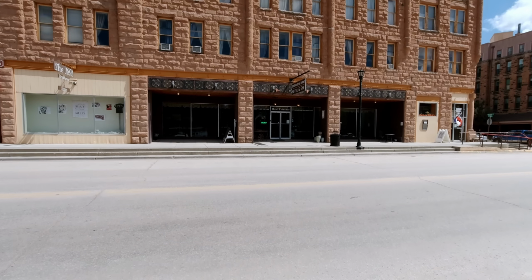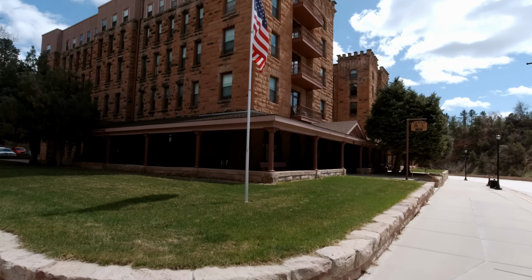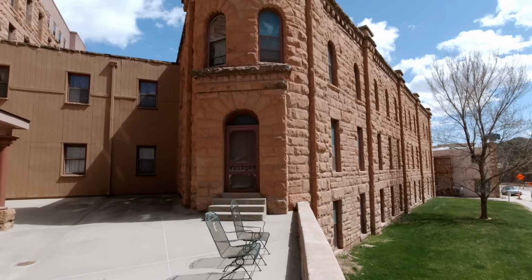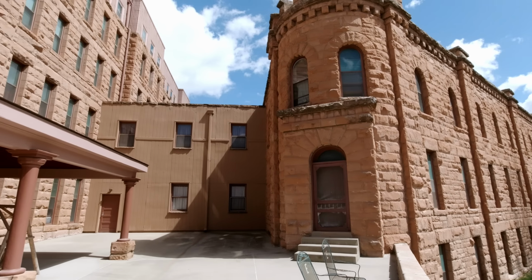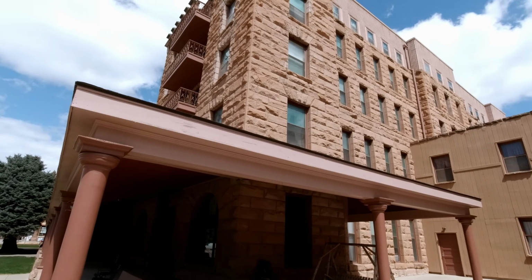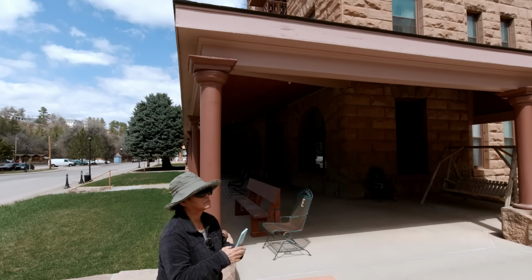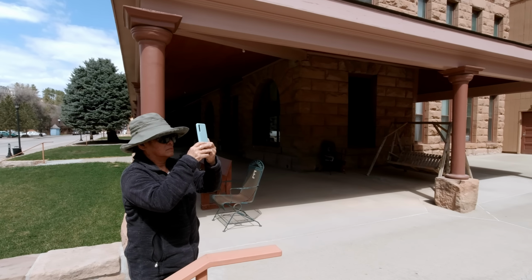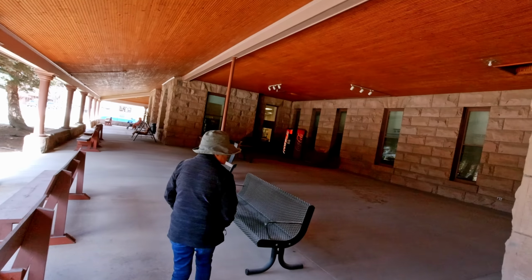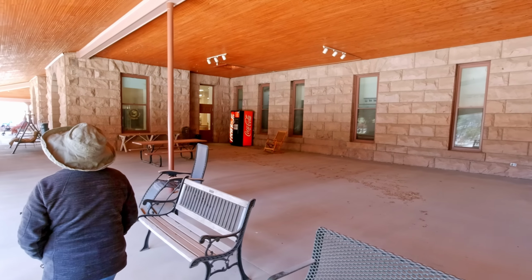Well, it looks like the old hotel is still a hotel. Well, this is the Evans Hotel, built in 1892. And it's gigantic. It's a huge hotel. Very beautiful, still in use. I don't know if it's a hotel anymore, but...